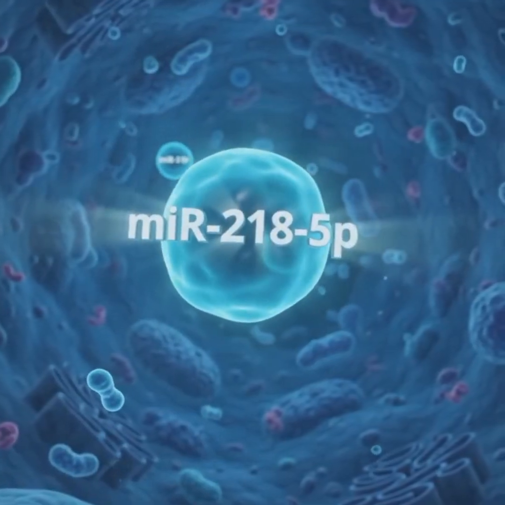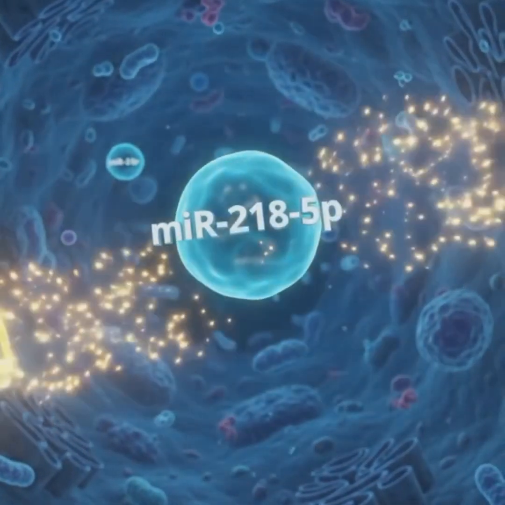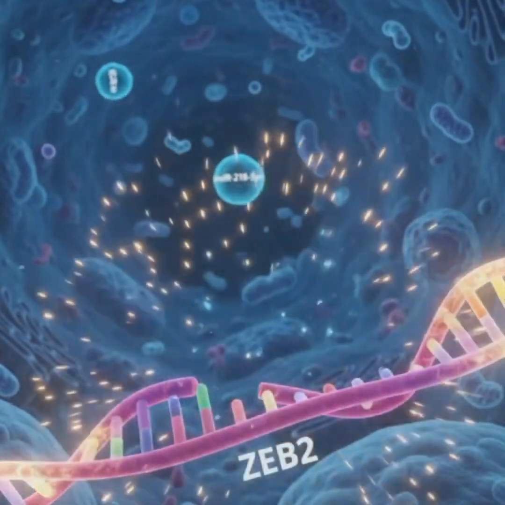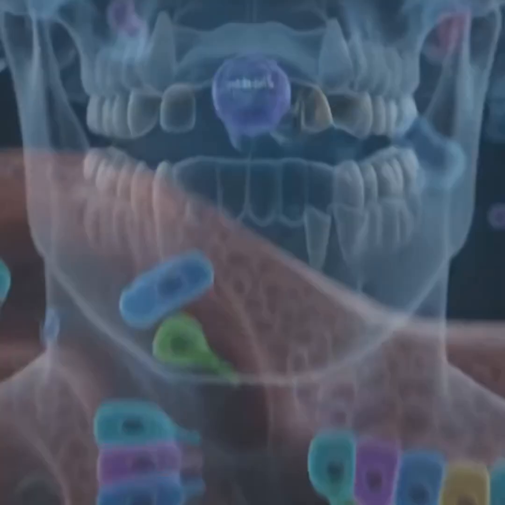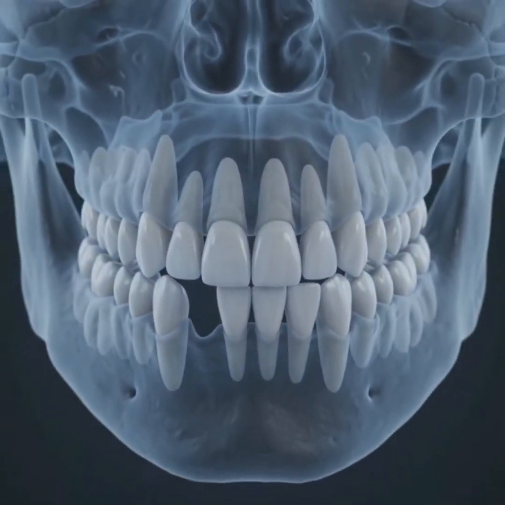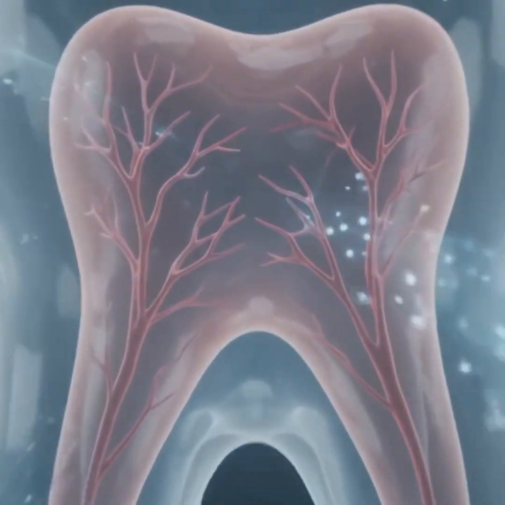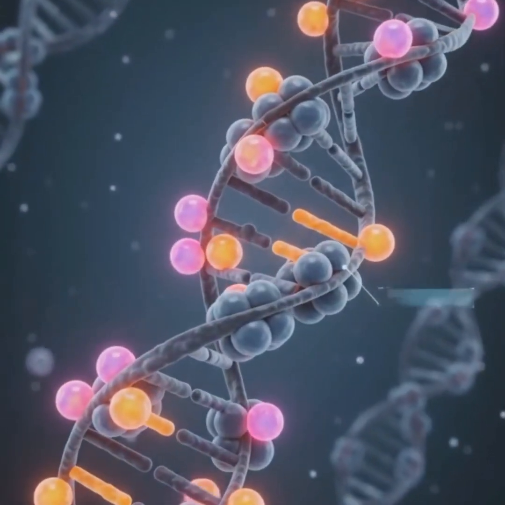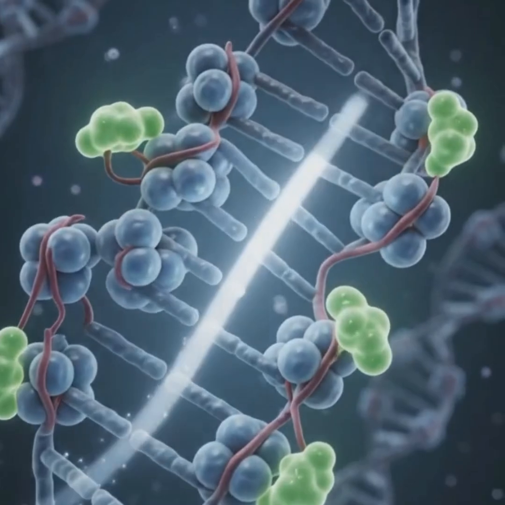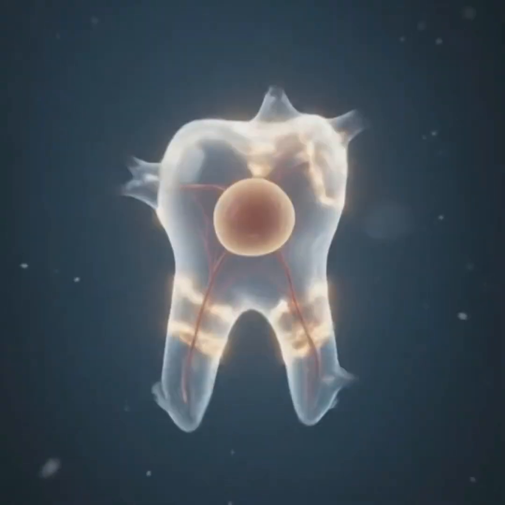Gene 5P acts as a major regulator. It targets and downregulates RET and ZEB2. Disruptions can impair EMT, causing dental anomalies. Variants in MIR6 Inside dental stem cells, epigenetic modifications like DNA methylation and histone acetylation regulate gene expression, driving their